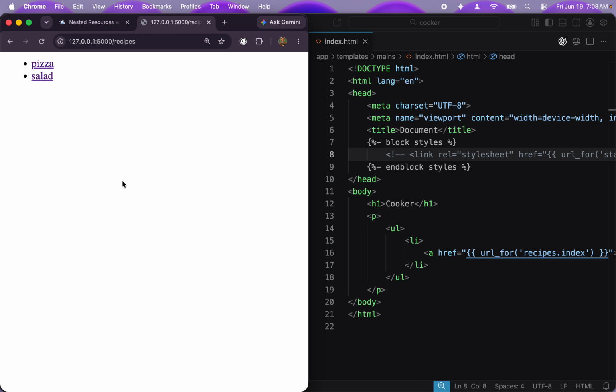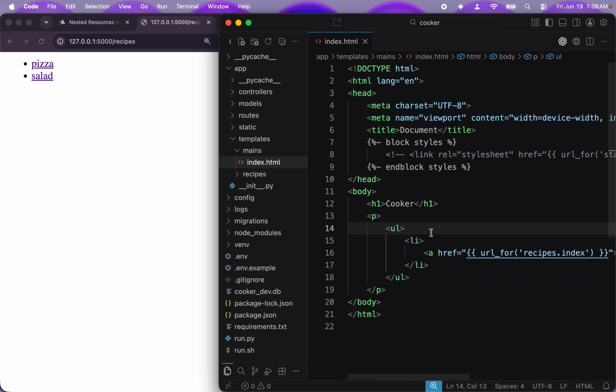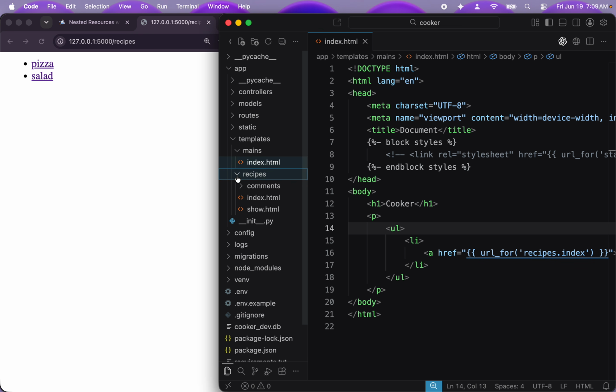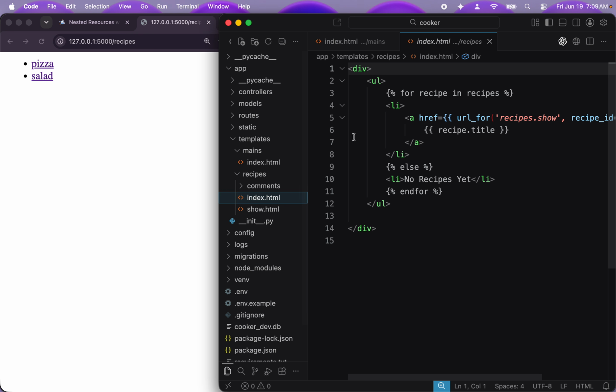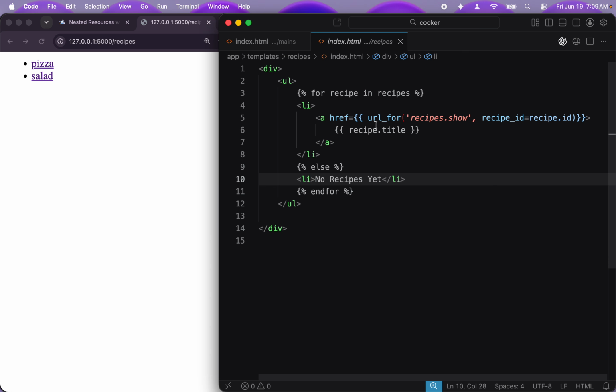Let's go to recipes index page. So that's where we're on right now. And if I go back into here, we see recipes, and we see our index page. And then on the index page, it's really just listing this, and that's fine. Let's add the author in here. So let's go like this. So we have, now